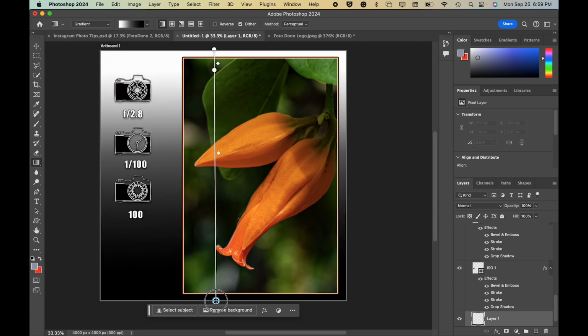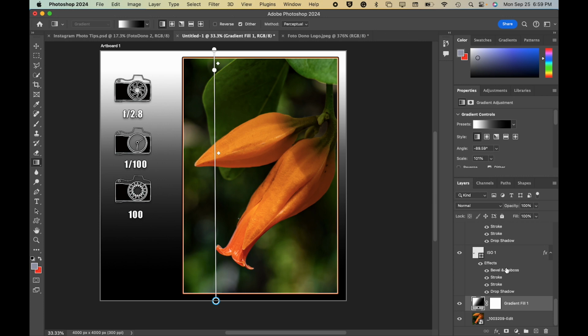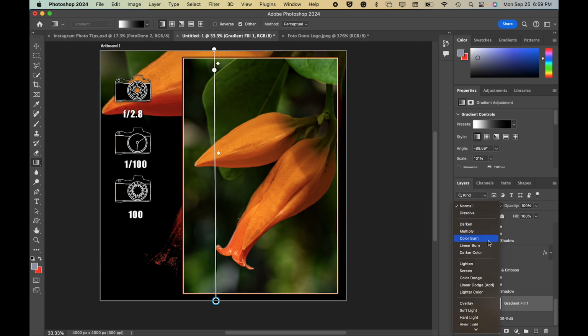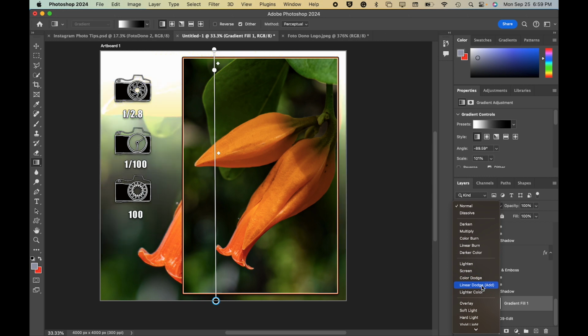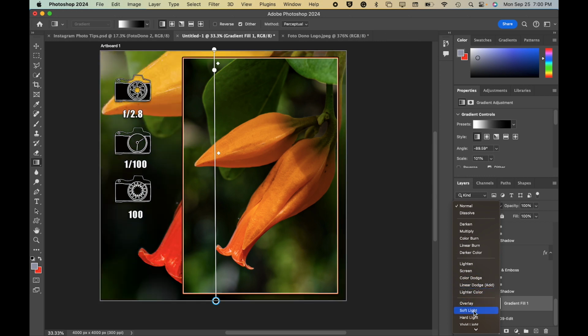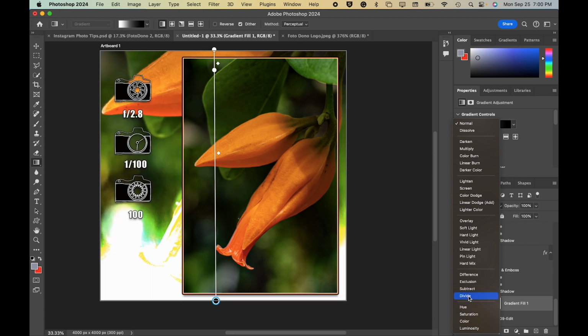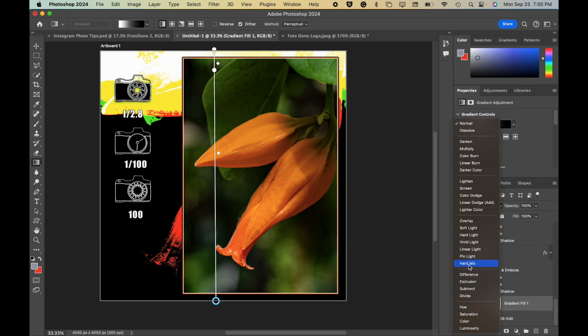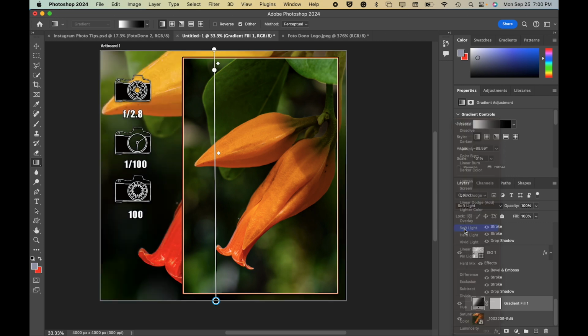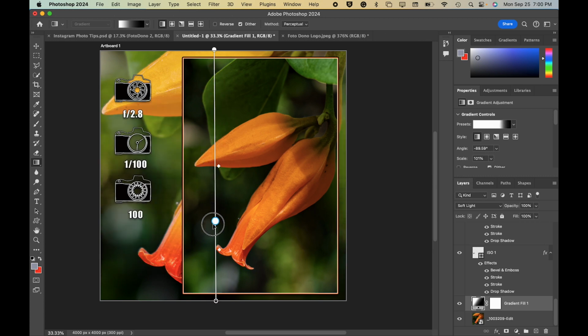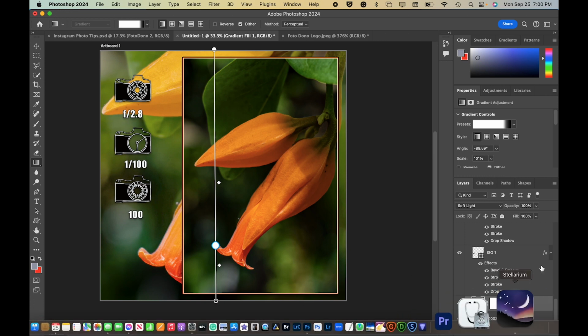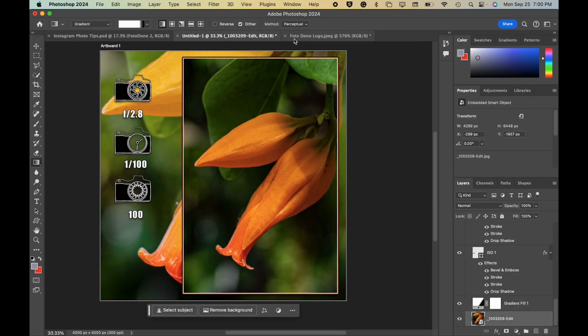See how that looks. You're like, oh my god, the gradient fill is not so good there. That's fine. We can always do something like that. See how that kind of looks and do maybe an overlay, soft light. Ooh, that's not so bad. Hard light, soft light, hard light, vivid light. Color, ooh, no. And try maybe something in between. I do kind of like the soft light, and then I would go back into the gradient tool and maybe bring this down a little bit more. See how that looks. Ooh, that gives it a nice little soft effect, making it weight down there. I like that. And for fun, I might even do